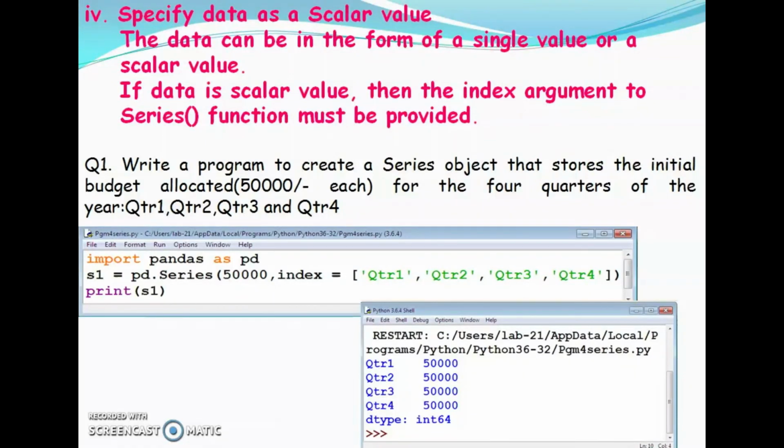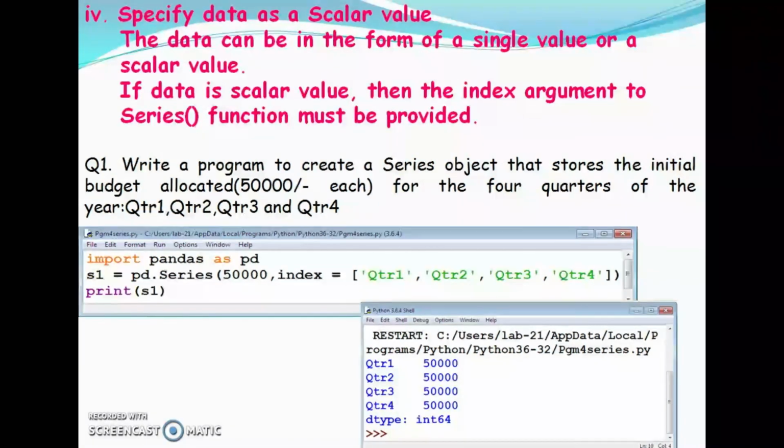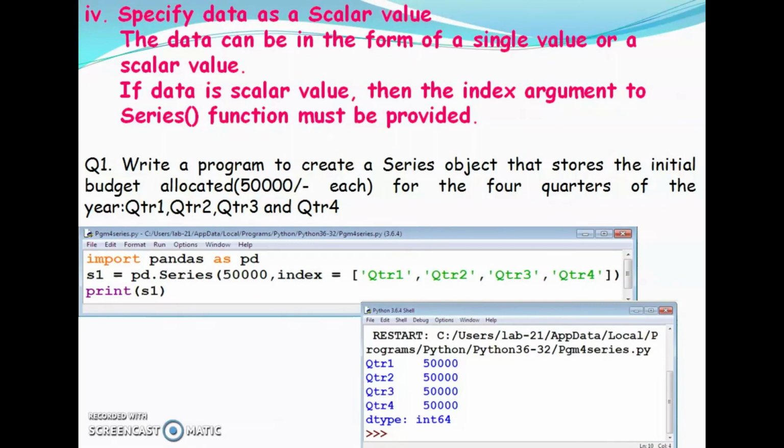Okay, check this program. Import pandas as PD. S1 is equal to PD dot series 50,000 is the scalar value. Then we have to specify the index value. Index value is QTR1, QTR2, QTR3, QTR4. Then for these 4 quarters we are giving the same value 50,000.